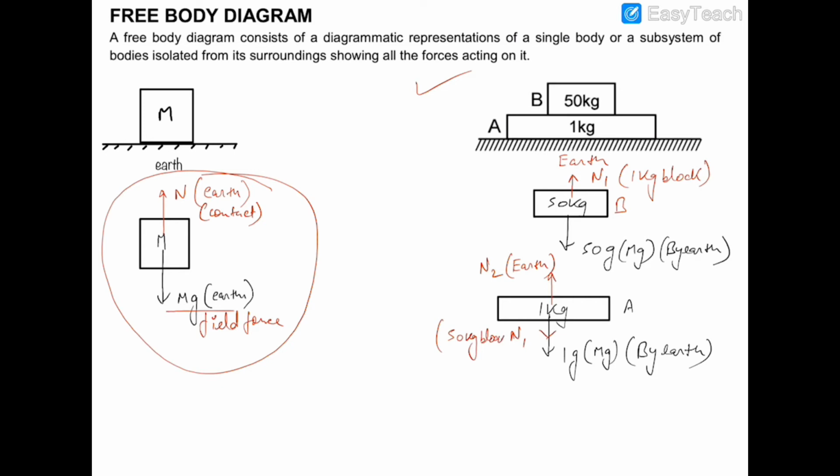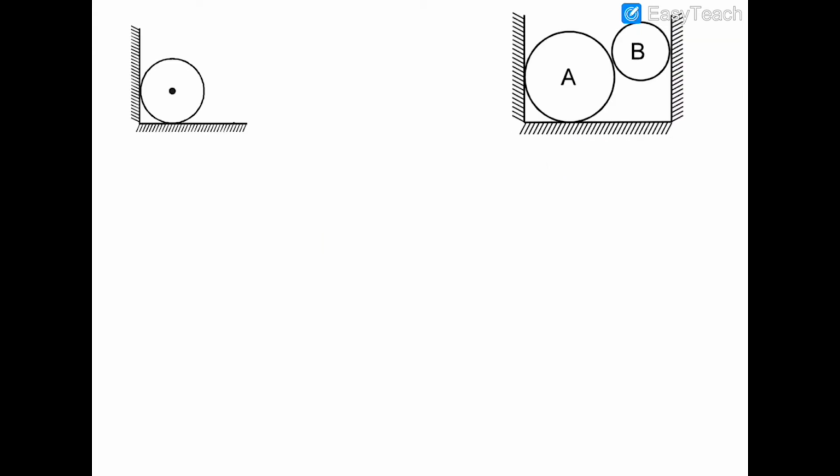Okay, so this is the free body diagram of block A. Now I hope you have learned something from these illustrations, and I'm taking another one here in the diagram. In this situation you can see that there is a ball in the first case, this one. There is a ball which is being kept as shown in the figure, and no other external force is being applied on the ball. So if we draw a free body diagram of this ball,